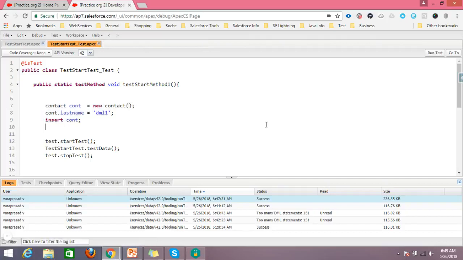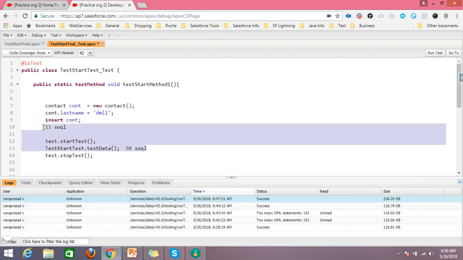Not only DML statements, suppose in the class we are using 90 SQL queries. But here I've written some 10 SQL queries in the test class example. So total 100 SQL queries. For example, here we take 11 SQL queries, so total 101. Maximum in a single transaction we can perform 100 SQL queries.